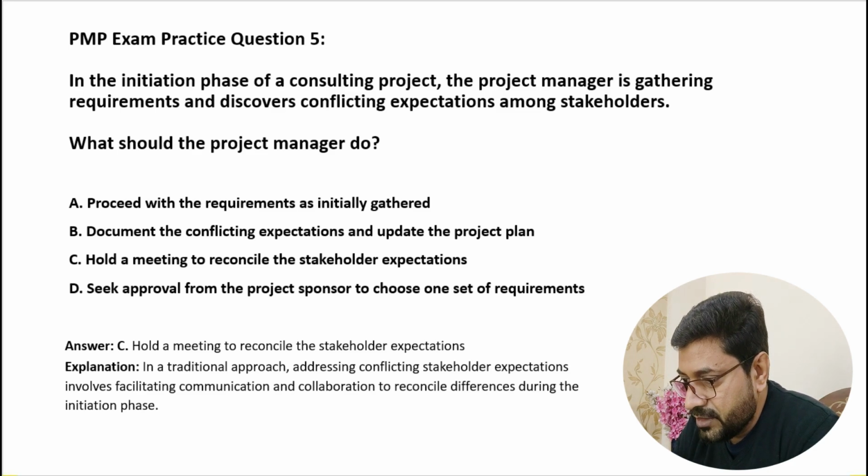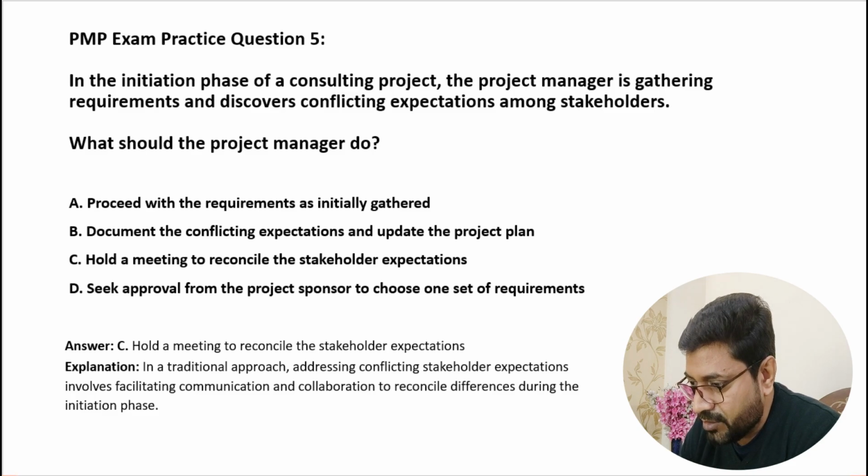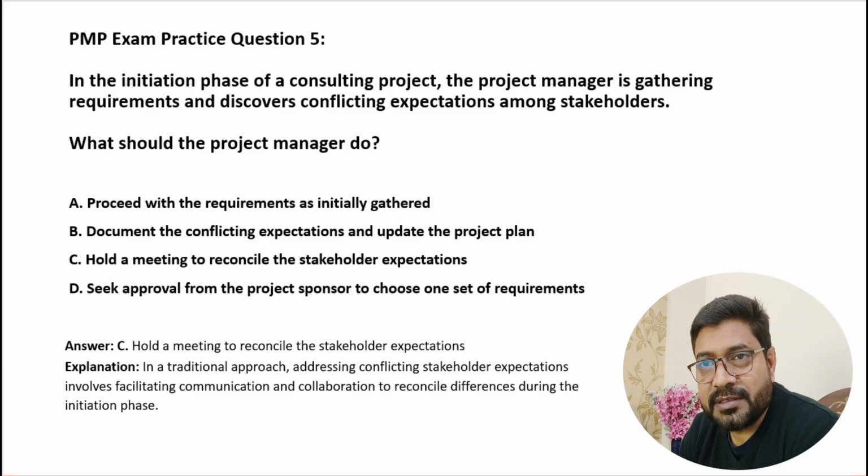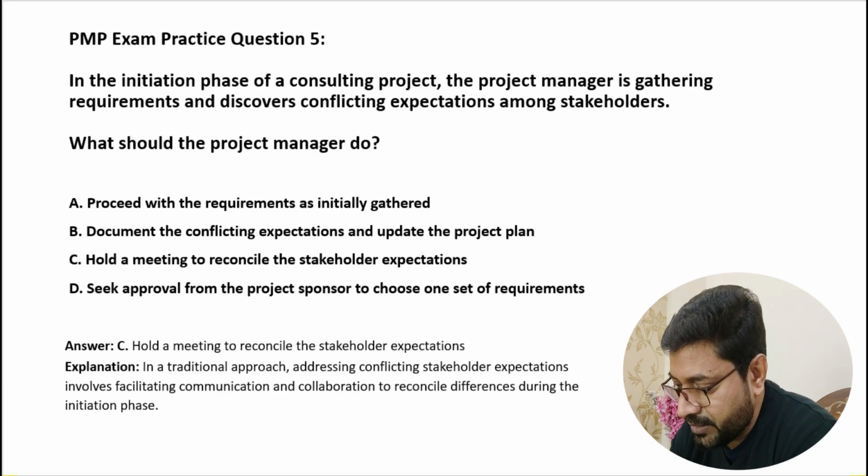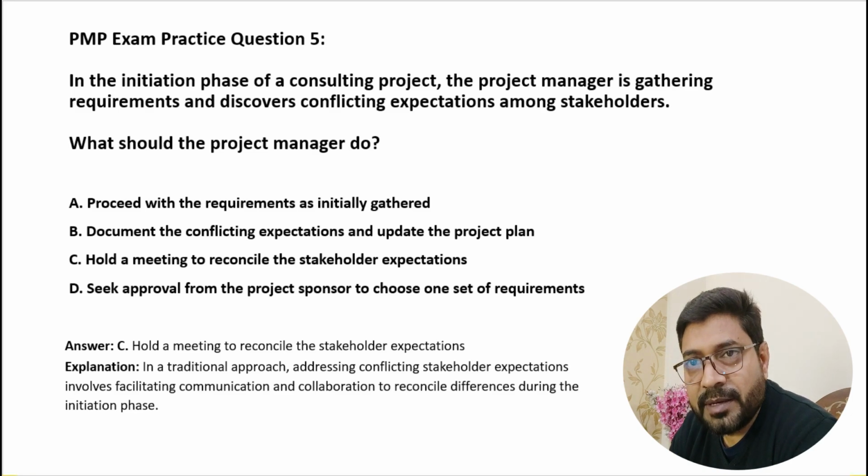Hold a meeting to reconcile the stakeholder expectations. So in a traditional approach, addressing conflicting stakeholder expectations involves facilitating communication and collaboration to reconcile differences during the initiation phase. Okay, very good. I hope you have chosen the right option. Okay. So now here, before we go to question number 6,